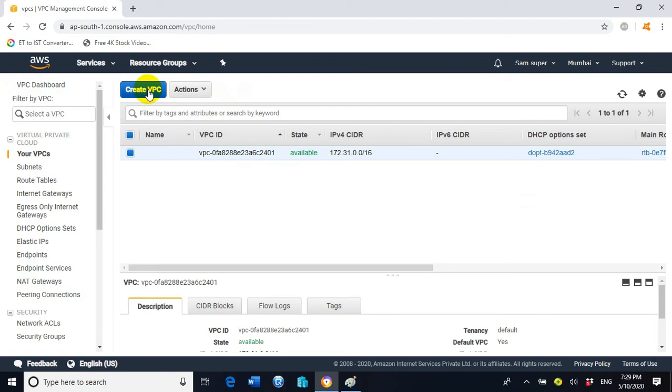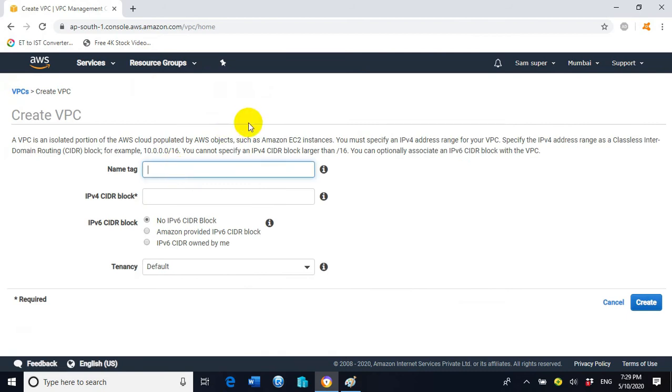Now we have to create one VPC. Click on Create VPC. Assign the name of the new VPC. I will assign the name My VPC. It doesn't mean that if I am assigning the name My VPC, you have to assign the same name.